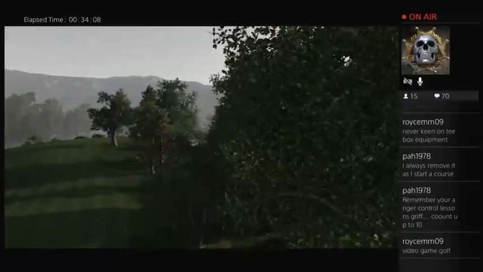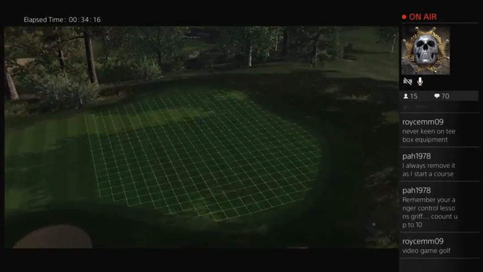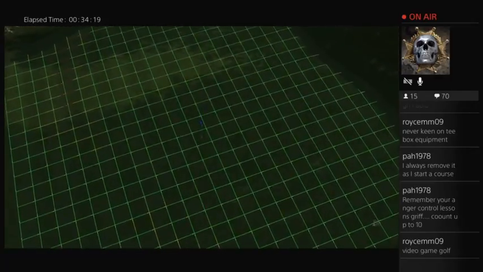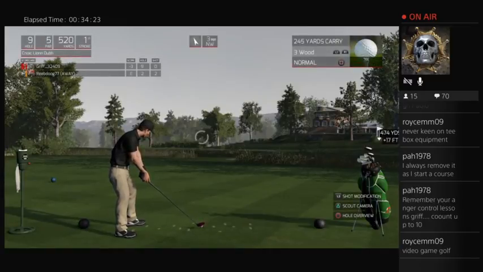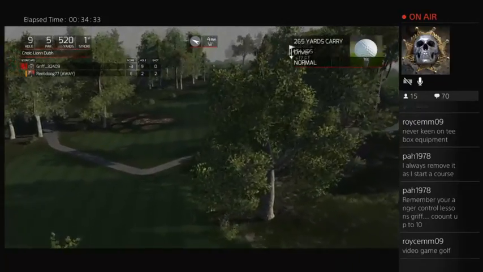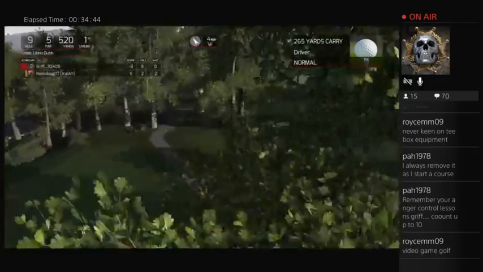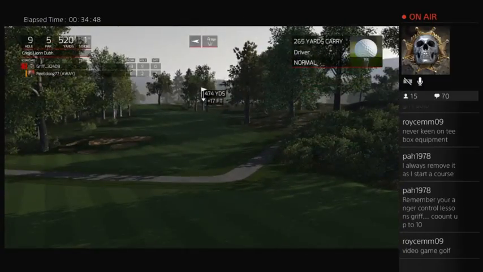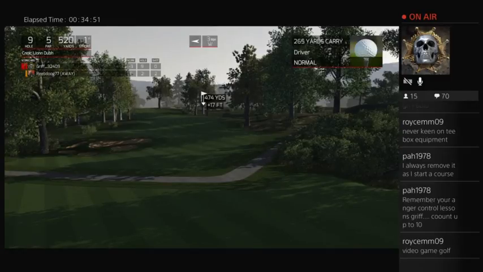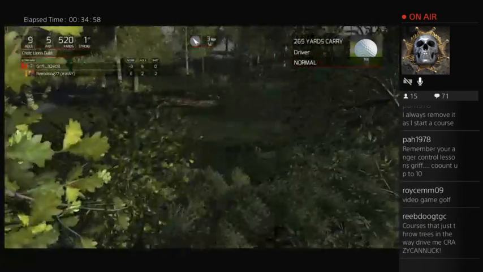More views of trees from the scout cam. Hoorah! Got a nice big green. That's what I got. Par 5. What's my elevation here? I'm downhill, then I'm back uphill. Well, with a stronger tailwind, this becomes a lot of fun, but